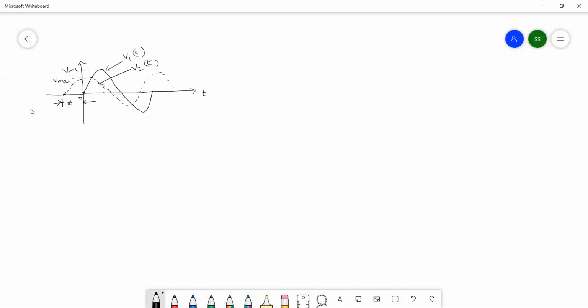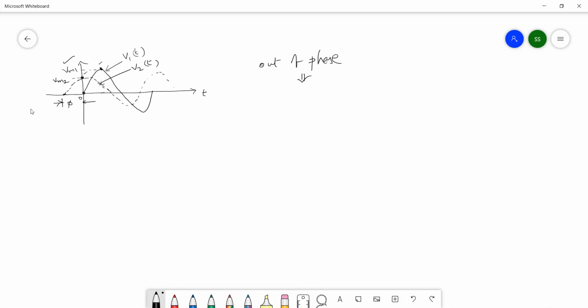Now tell me which waveform is leading and which waveform is lagging. Are these in phase or out of phase? Out of phase. How can we determine these are out of phase? At the 0 instant, both values are different, and the maximum values are different. If you consider Vm1 is maximum at this position, Vm2 is not maximum. Vm2 is maximum at this position. So these two are different, and the 0 point is also different. So these are purely out of phase.